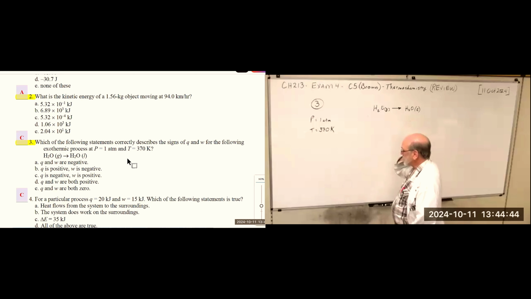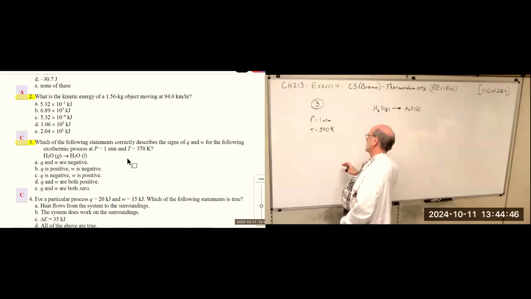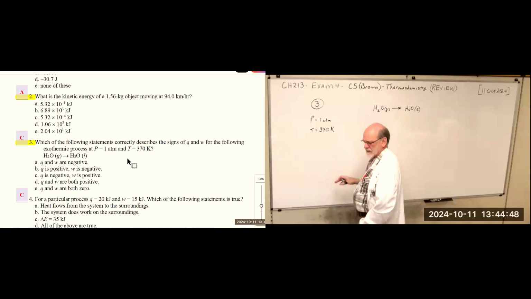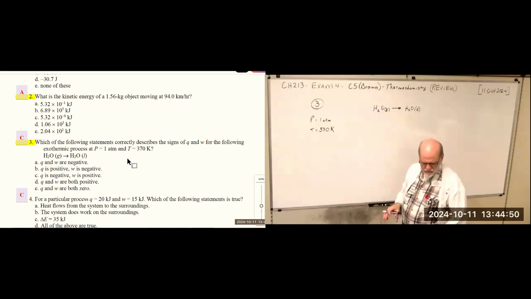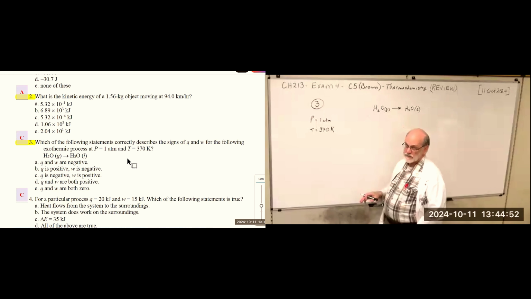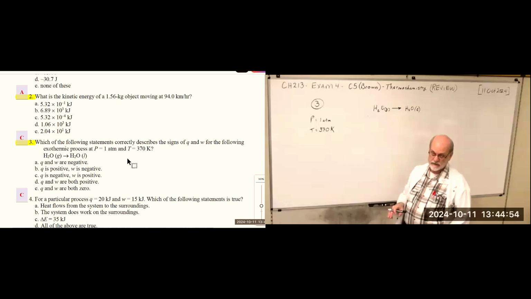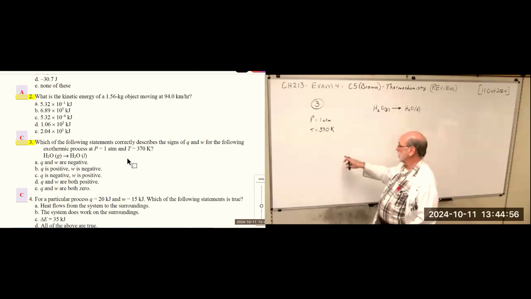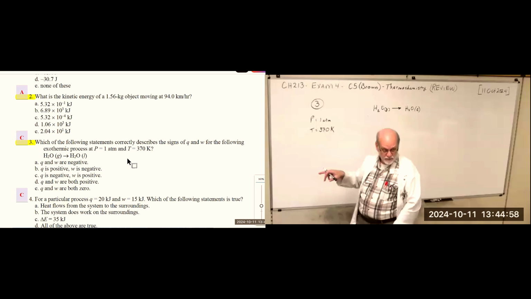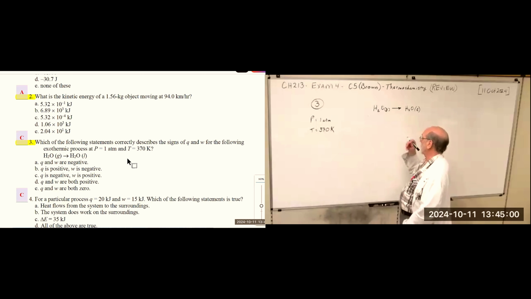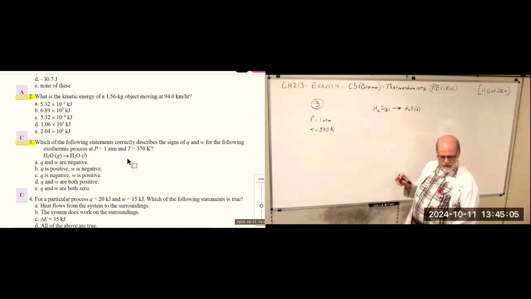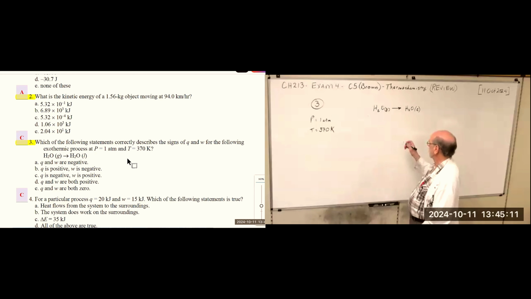Okay. This happens at, let's see, 370 K is pretty close to the boiling point. 273 plus 100 is 373. It should be 373 would be at the boiling point for 1 atmosphere. I think that's what they were getting at. But if we're going to determine the value of Q and W,